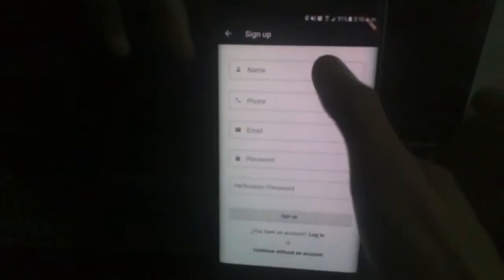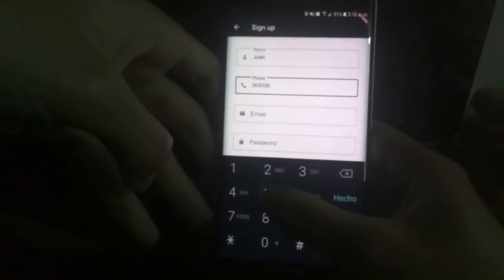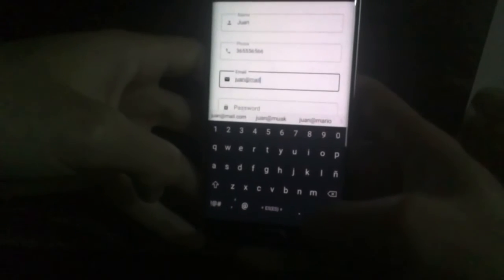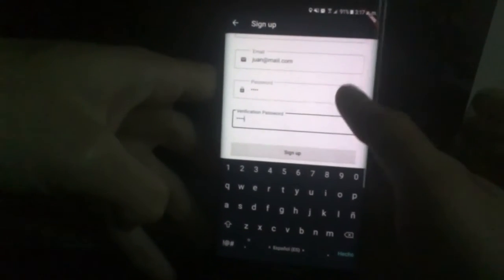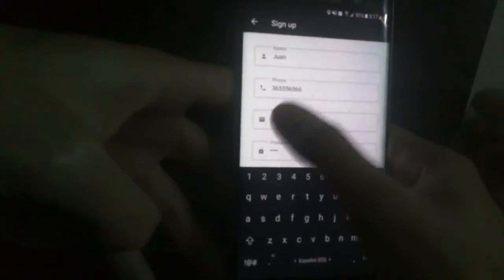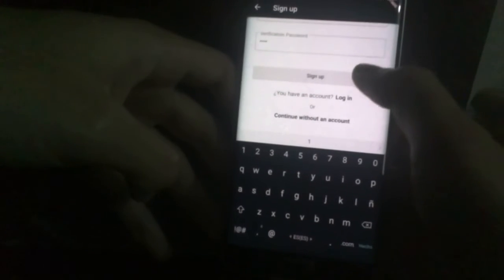and let's create an account. So just put the name, the phone number, an email, password. So we have already created an account,